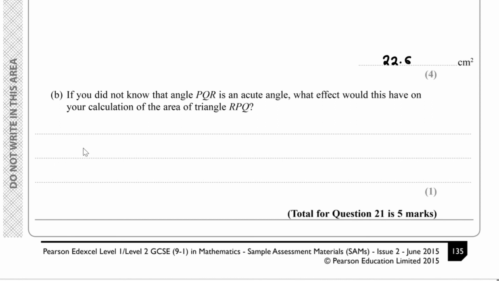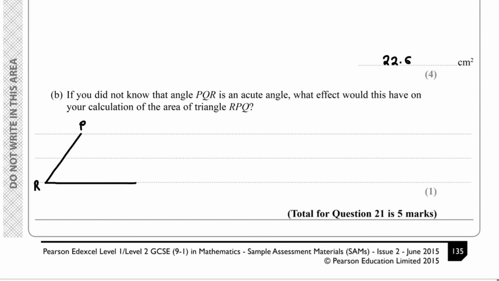Okay, so here we've got R, we've got P over here, and currently we have, if I draw a straight line here,